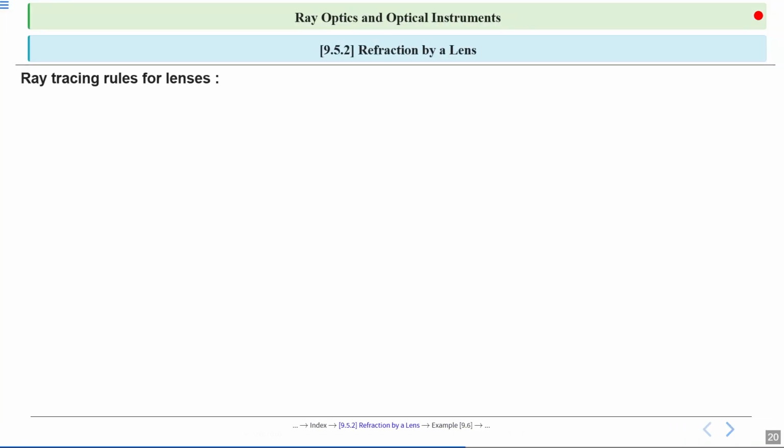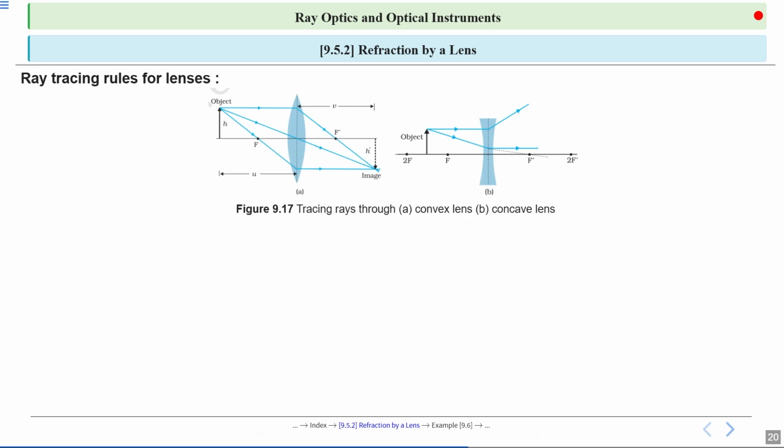Now, ray tracing rule for lenses. So figure 9.17, tracing rays through convex lens and concave lens. You can see the ray that is parallel is passing through focus after refraction. Ray that is passing through optical center, that is the center of the lens, it is continuing its path,